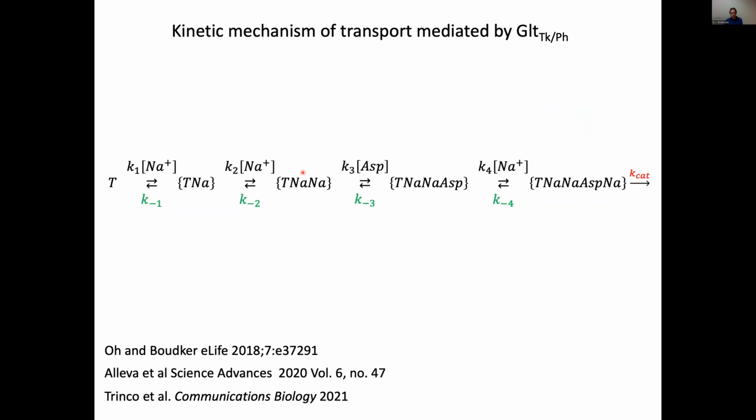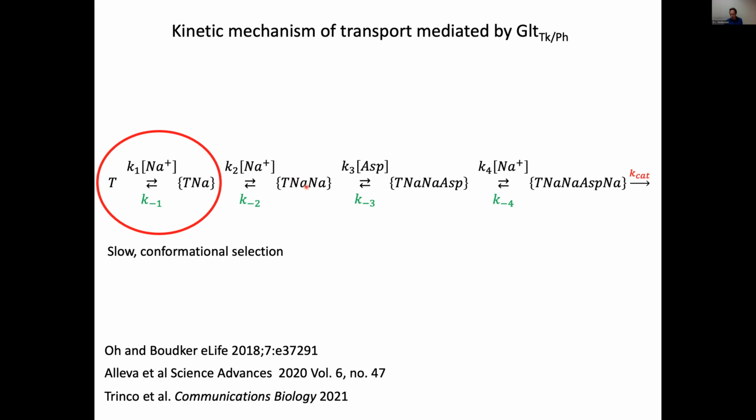Now, what also is relevant for what I will present on the data from the server is the kinetic mechanism of transport, the order in which the ions bind to this transporter. And the order is well established now. So it starts with a very slow binding step in which sodium is bound, and there's a conformational selection involved here, and that makes it very slow. First, two sodium ions bind. The first one is probably the slowest, and then the second one binds, and you get a transporter associated with